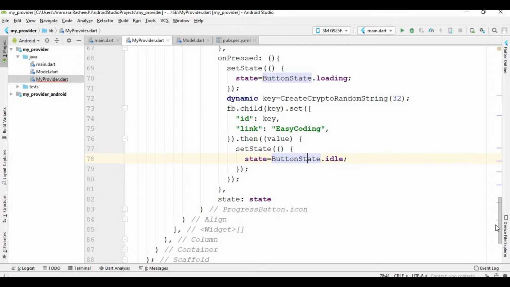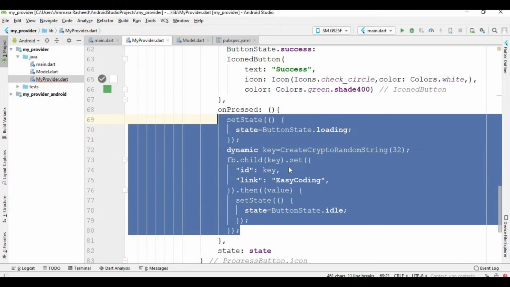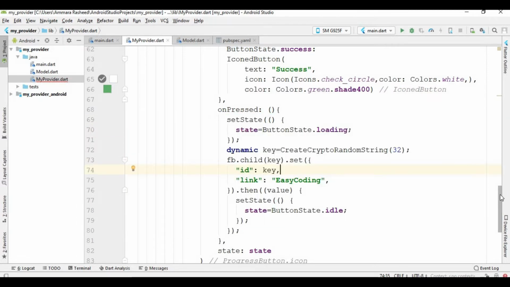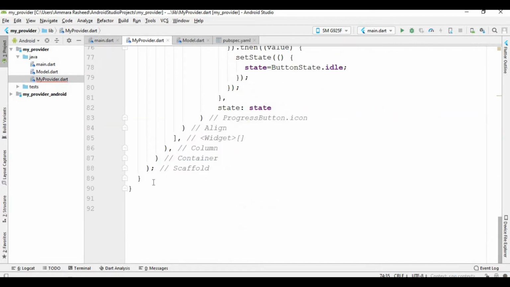So I will tell you, we perform two operations whenever the user clicks on this button. The first operation is to store the data inside the Firebase database, but the second operation is to store this data to the list by using the provider. Okay, so first I am going to create a class for the provider here,